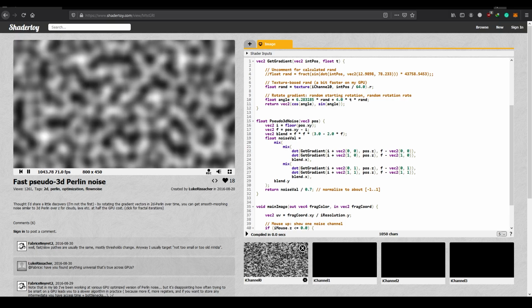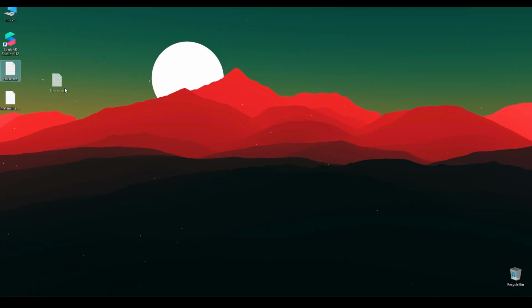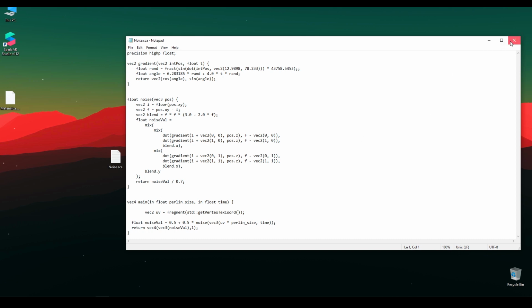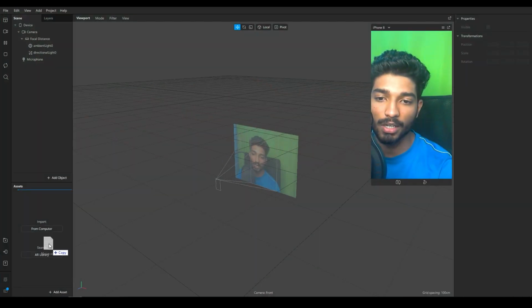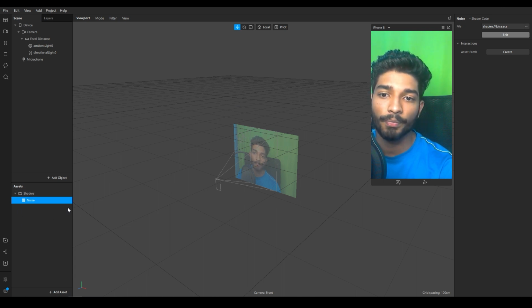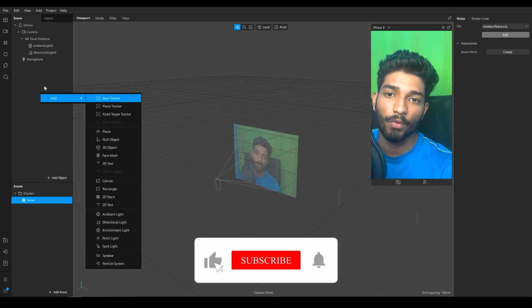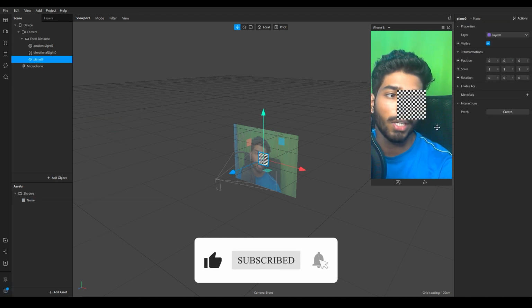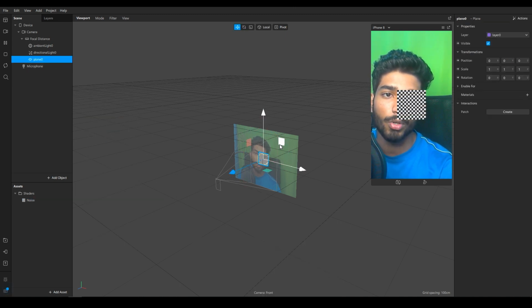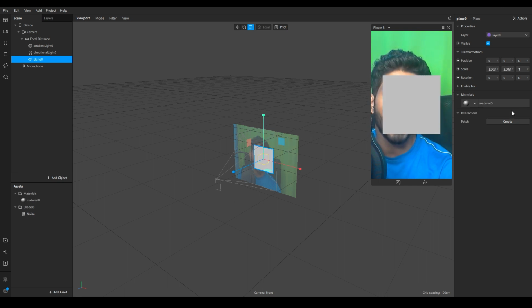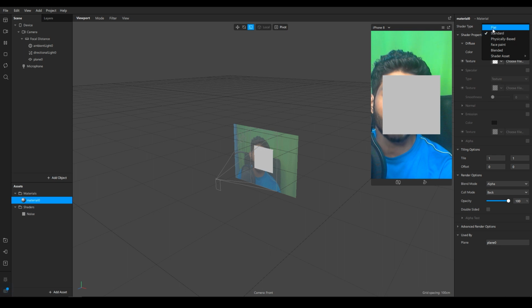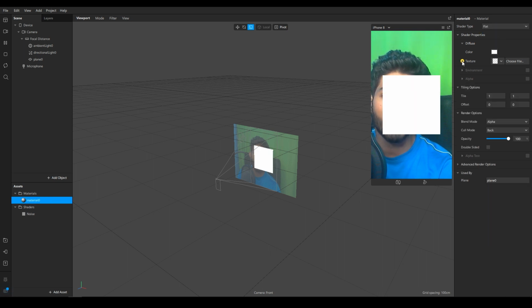I will minimize this. I have this code in a .sca file. We'll drag that file into our SparkAR Studio, into the assets tab, and then I will show you how this looks in the visualization. So to visualize this patch, we'll add a plane. We'll give this plane a material. Basically I'm using E for move, R for rotate, and T for scale manipulators. I'll make this big and add a material. We'll make this a flat material and create a patch for the texture.